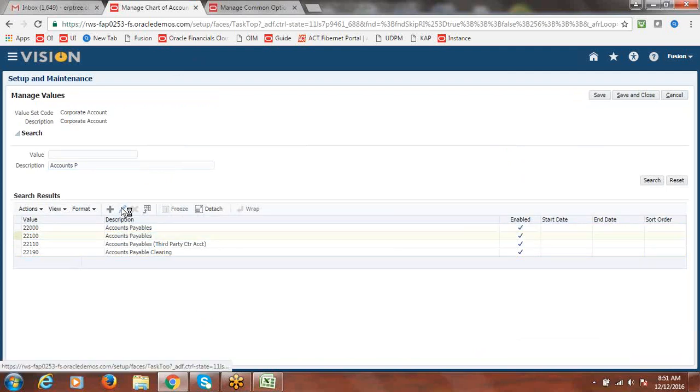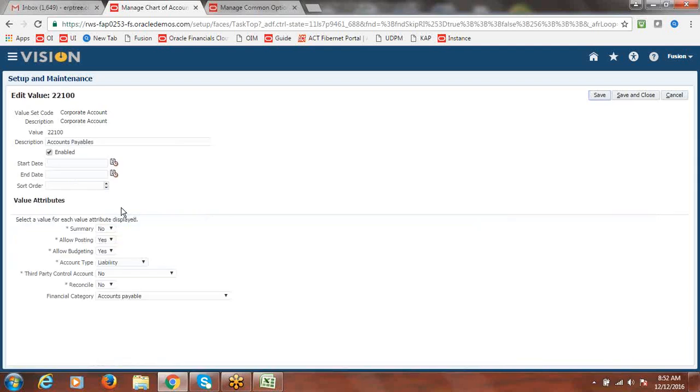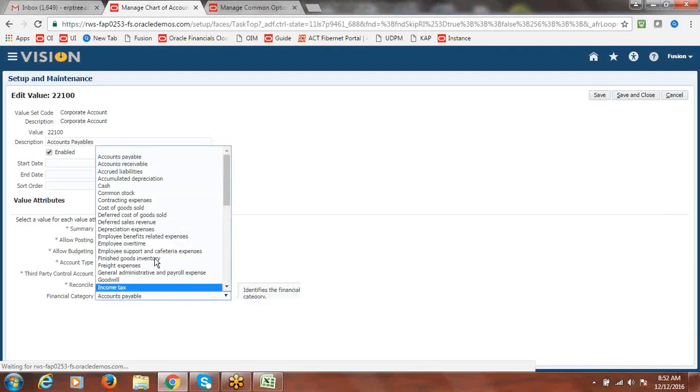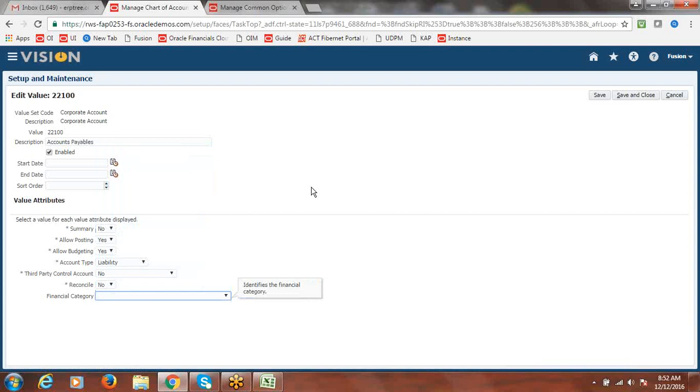Select this account, then click on edit. Since this is a corporate account, they have already done it, but in our case, when you normally create it, you may not give it. In that case you have to set reconcile to yes, and set the financial category.